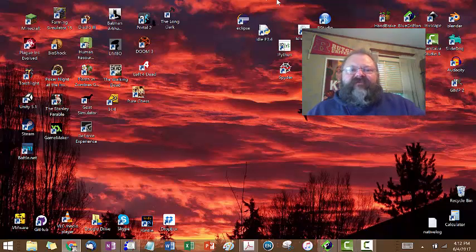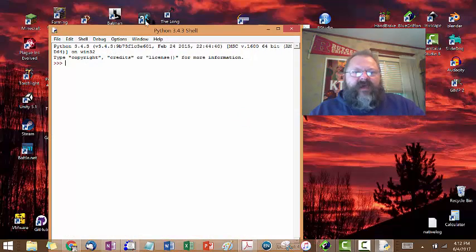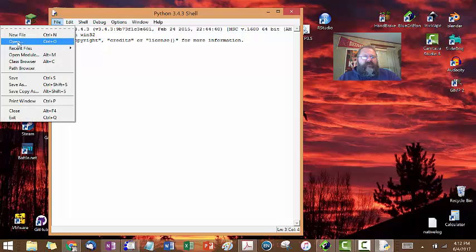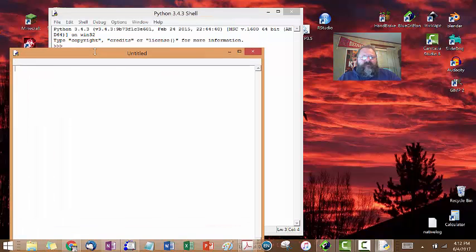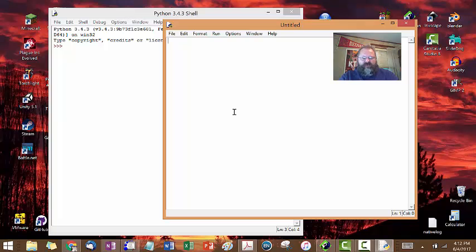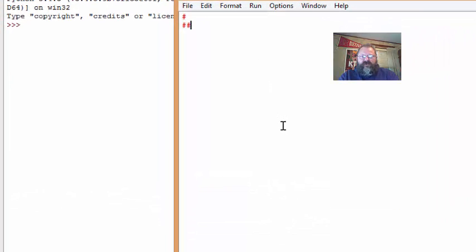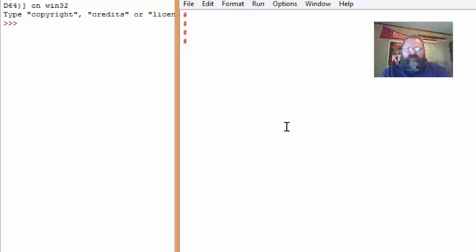We got to make a temperature conversion program. I'm starting from scratch, and I'm starting with nothing. So I'm going to fire up Python. I'm going to go to File, New File, and I'm going to bring my program over here. All right, the first thing I'm going to do, because I always do this, is I am going to